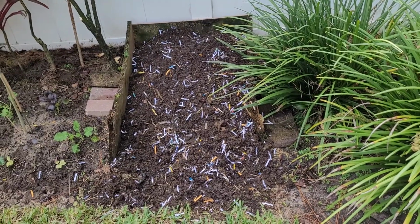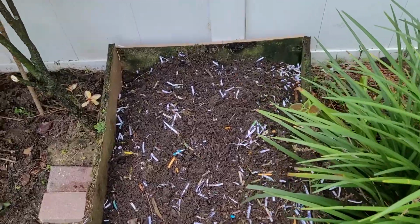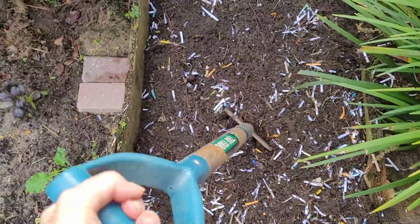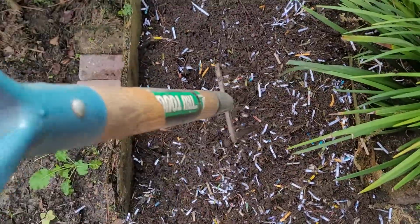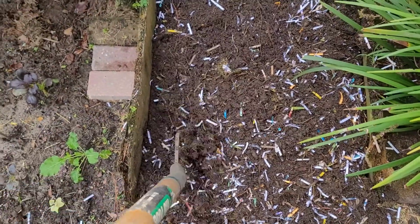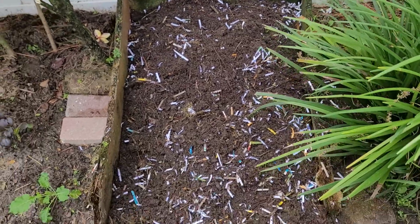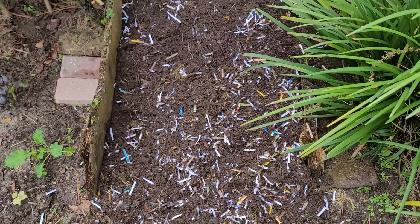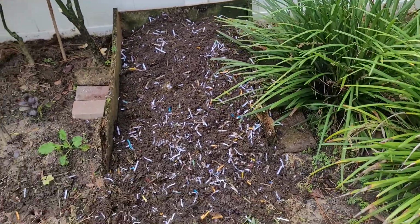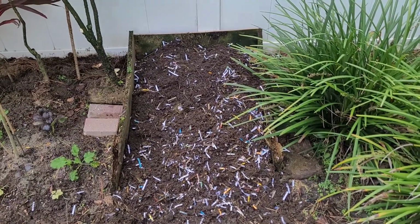And all I do is just shake out some of my stuff, and you can see about once a week, twice a week, I come in and I just take my pitchfork, and I'm doing this one-handed, but I just kind of turn everything over, and then I'll add some more of either the grass clippings or the shredded paper to it. And since we have an irrigation system that waters this, I won't say how many times a week, but multiple times a week,